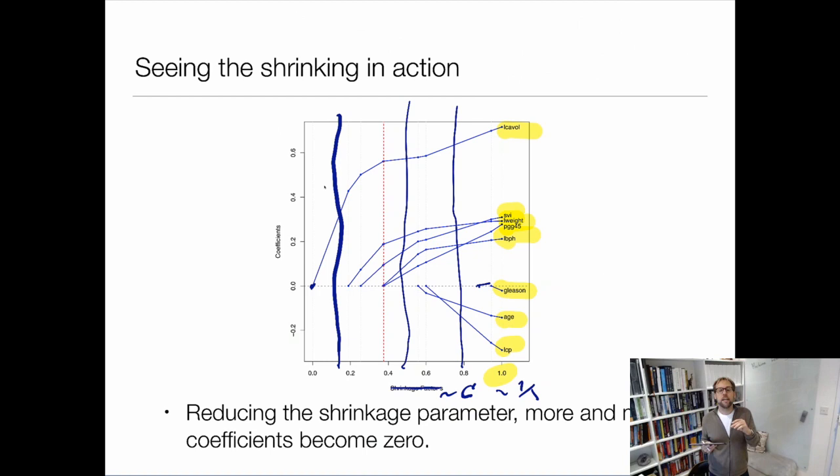If I had ridge regression, the coefficients would become smaller, but they would never go exactly to 0. So all these lines would be approaching the x-axis, but they would never go exactly to 0. So I can't really ever say which ones are selected and which ones are not selected. Here I have a natural subset selection. All I have to do is propagate through the picture from right to left, and I can see how different variables will be dropping out